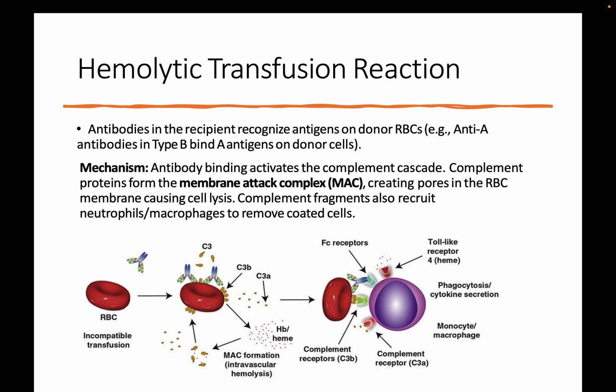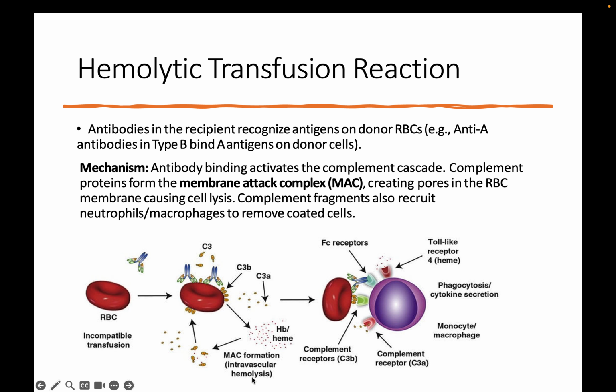That's what defines the types, the glycolipids on the surface. What happens is that we get a sensitization. When we get exposed, we create an antibody against that type B. Now the second time I get this transfusion, the antibodies in me will bind to type B,